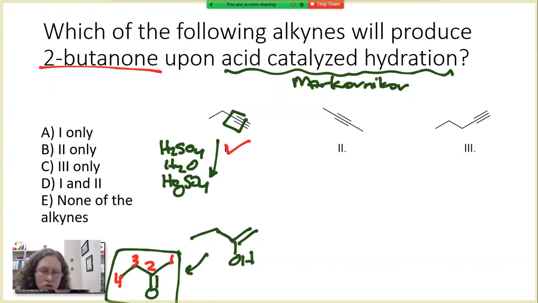Option number 2 is an internal alkyne. Internal alkynes can undergo hydration reactions. It's just that the regiochemistry is not as important in this case because there's not one carbon that's more substituted than another. So internal alkynes can undergo both acid catalyzed hydration and hydroboration oxidation. So in this case, when we add in our reagents,